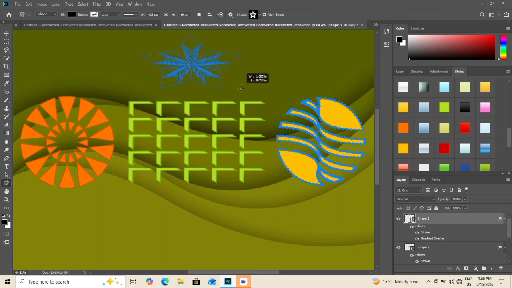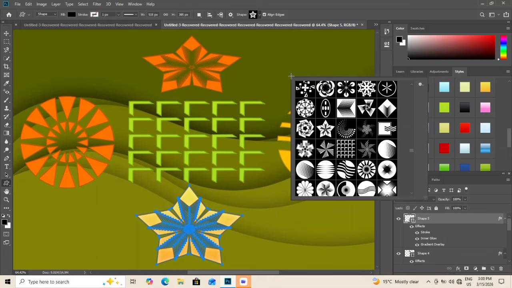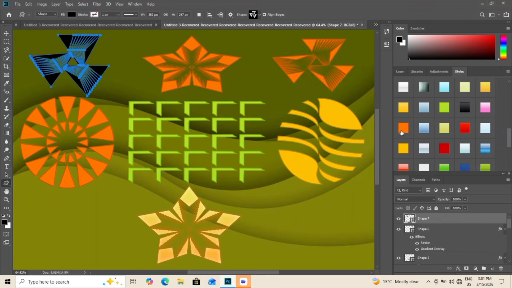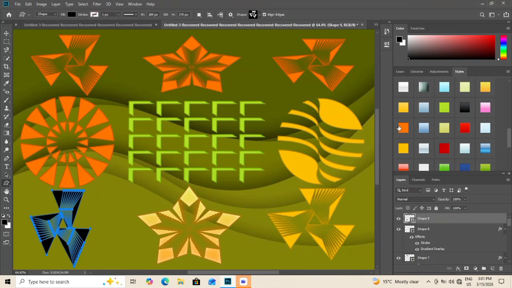Choose a soft off-white background so the design feels clean and contemporary. Select the rectangle tool and draw a large vertical block on the left side using a deep navy color. Now switch to the ellipse tool and add a bold circle overlapping the rectangle with a bright coral color, adjusting its opacity to around 90%,